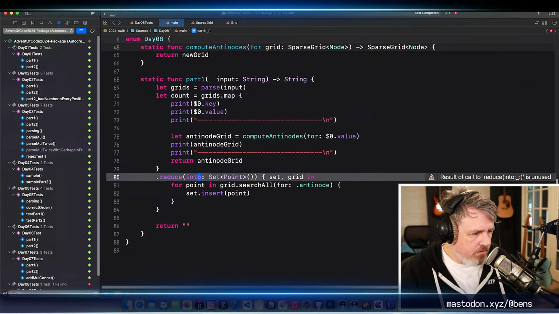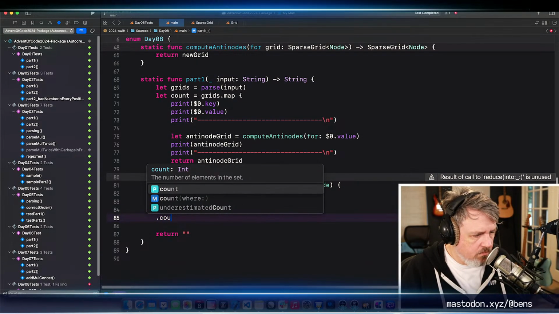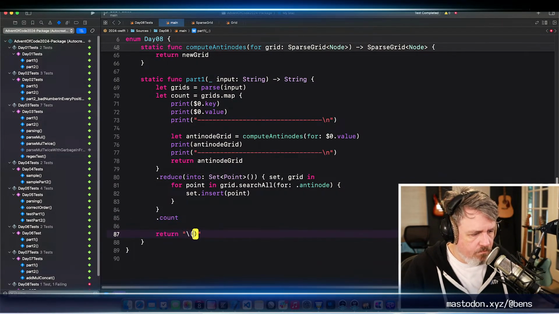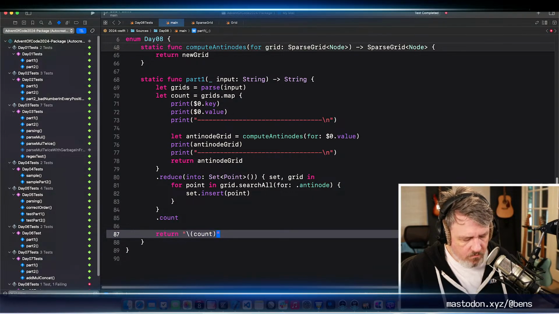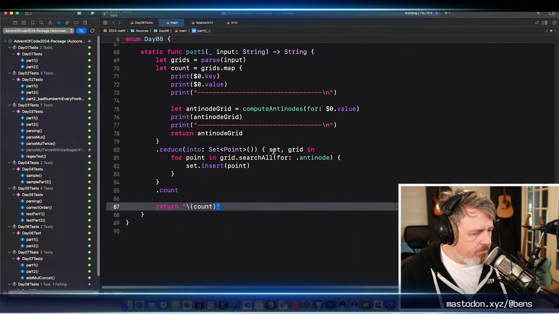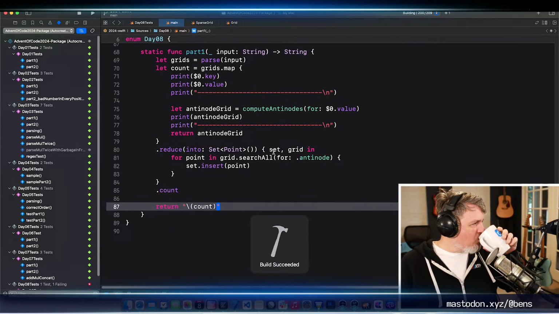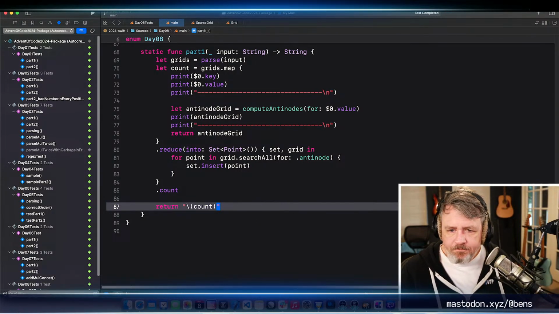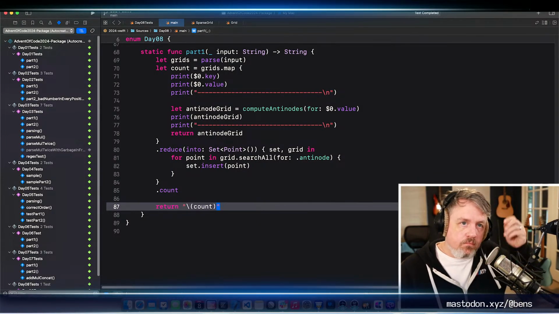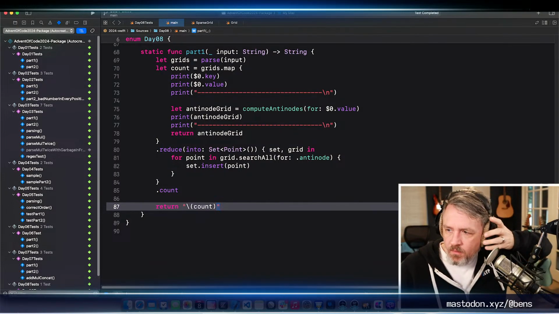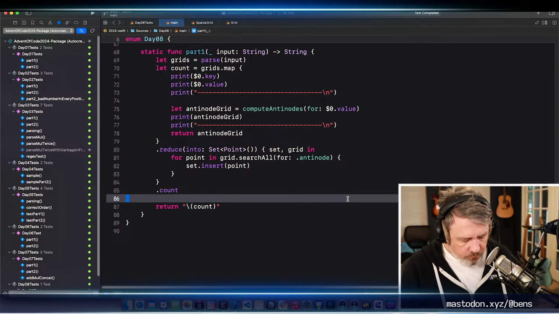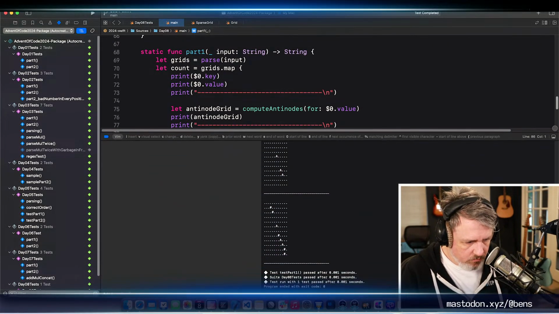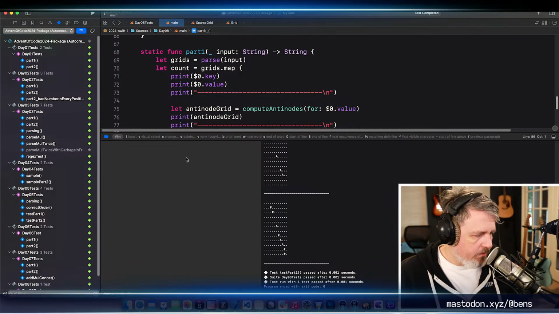We're going to say count equals this and do dot count. All right, so that passed.